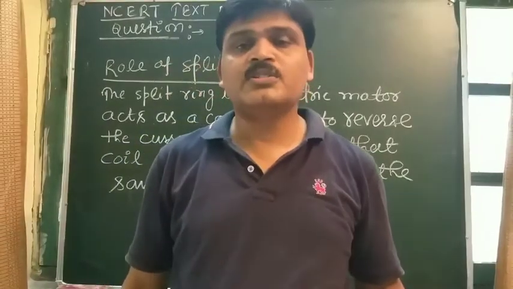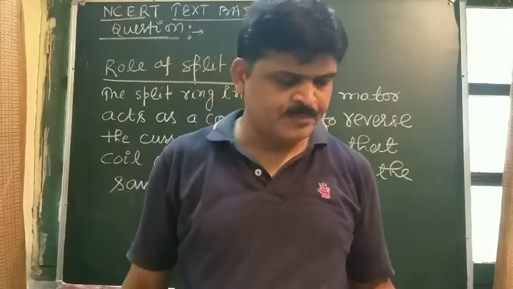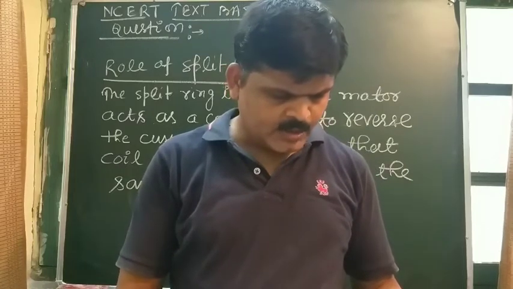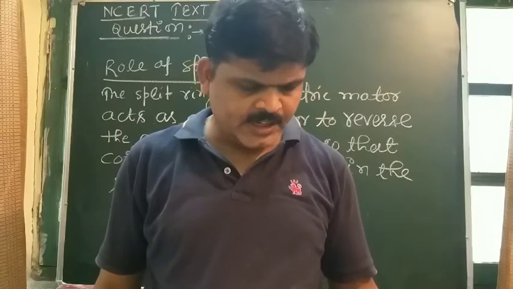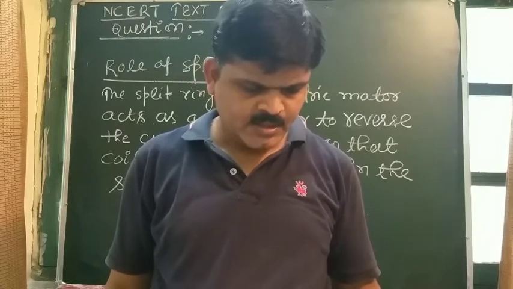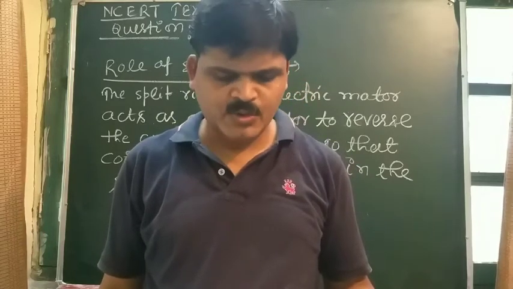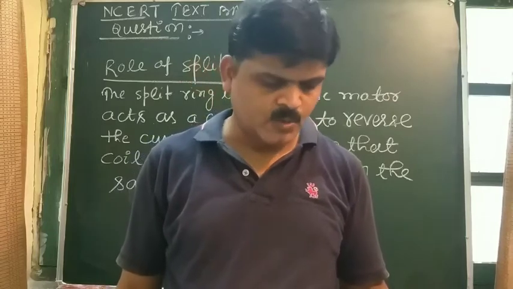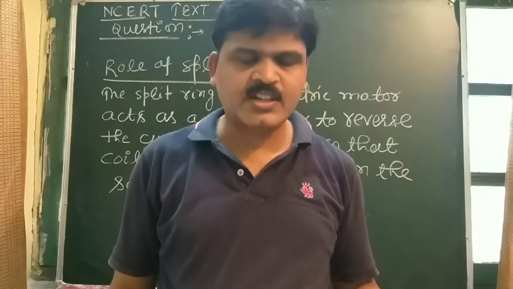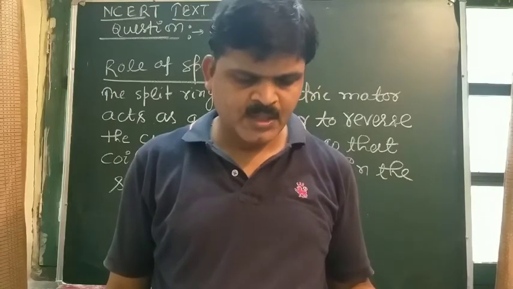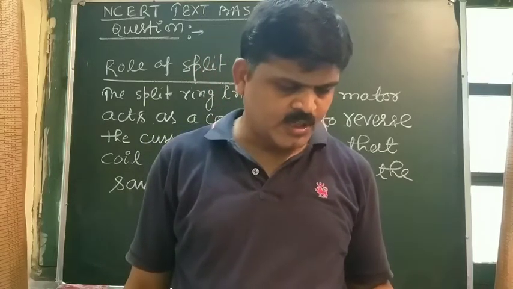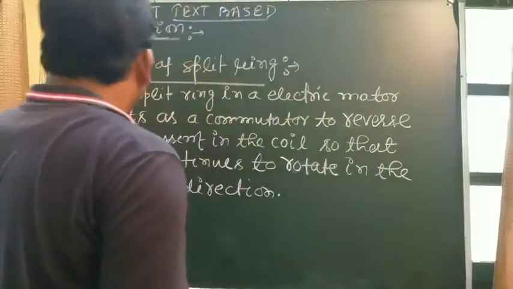One question, which is a numerical based question and also an NCERT text based question, is this. Listen: an electric oven of 2 kilowatt power rating is operated in a domestic electric circuit of 220 volt that has a current rating of 5 ampere. What result do you expect? Explain.